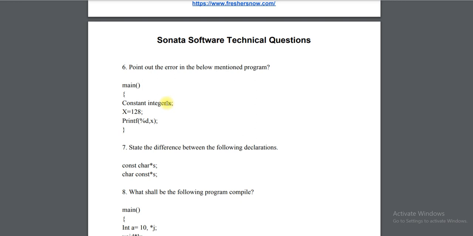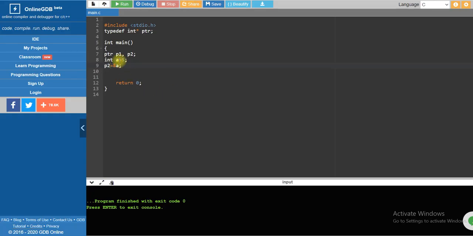In this same line it must be assigned at the time of declaration, and after that we can't assign a value directly. However, we can access the address and change the value at the address itself. That is possible. So later on we will discuss. Let me also explain it with execution.